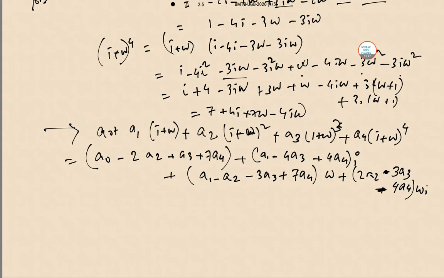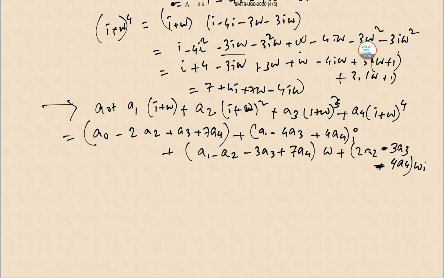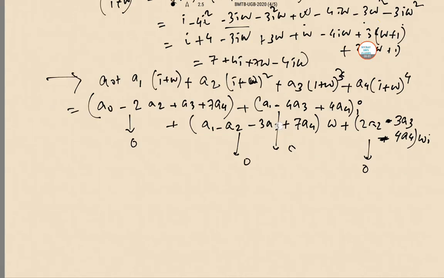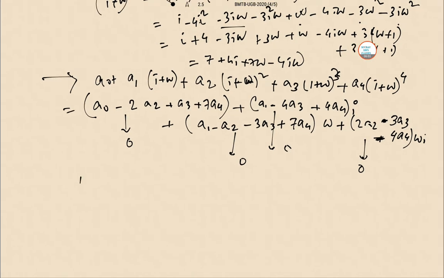So equating all coefficients with 0, we get 4 equations. First, this will be equal to 0, this will be equal to 0, this will be equal to 0, and this will be equal to 0. So we need to find the integral solutions. So the integral solutions are,